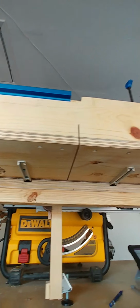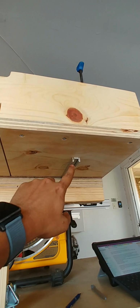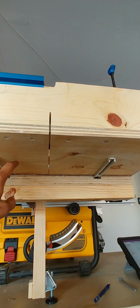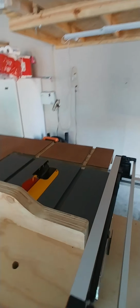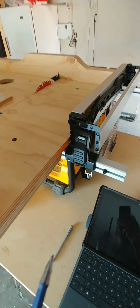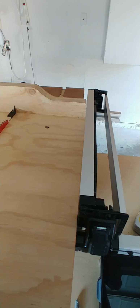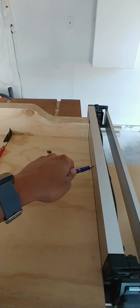Next step would be to install the Mitre sliders. The Mitre sliders are basically metal strips that you can find at Rockler. I'll put a link. They slide in the slot of the table saw. The sequence of steps I followed was to adjust the table saw fence to about 11 inches from the blade to the fence